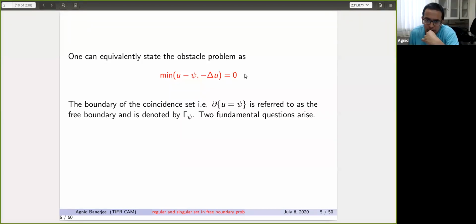Now, the boundary of the coincidence set, which is the boundary of the set where u is equal to psi, is referred to as the free boundary, and it is often called the interface, and that I will denote with gamma. Now, again, this obstacle problem is a model problem for a wider variety of problems referred to as the free